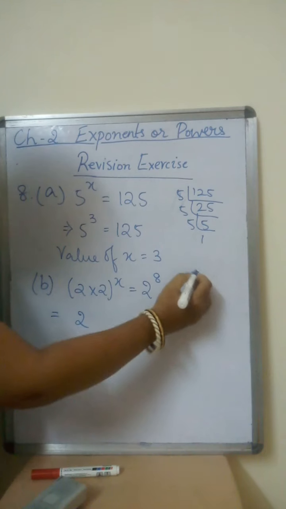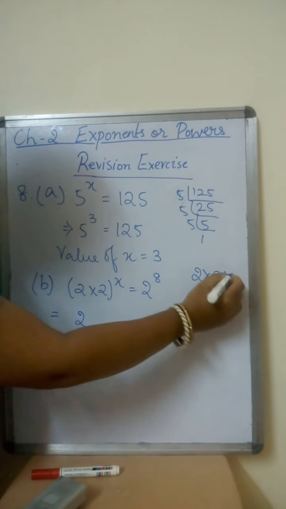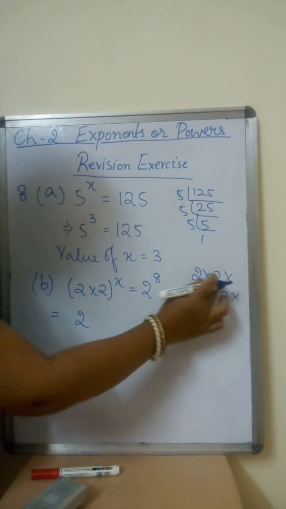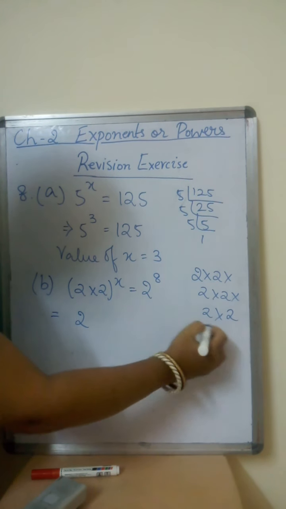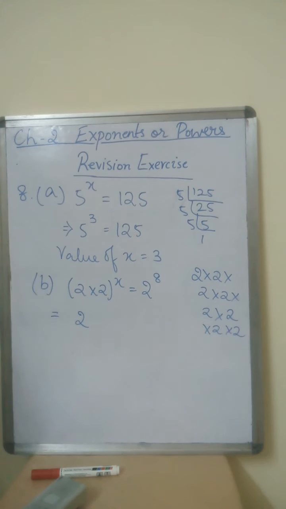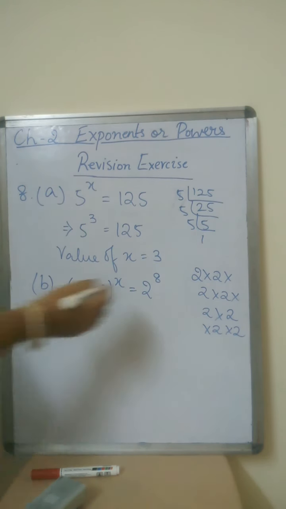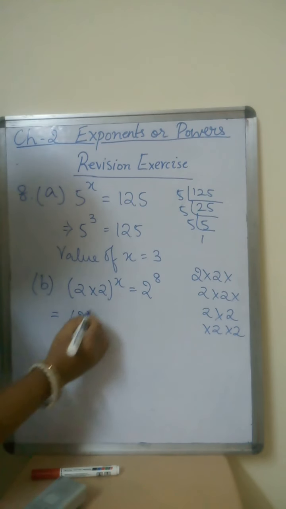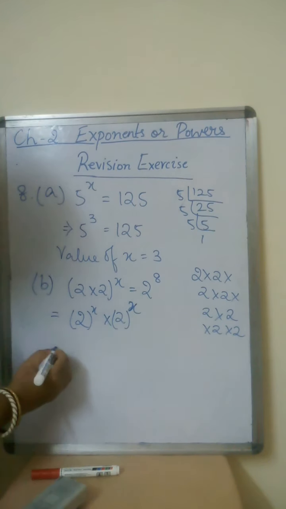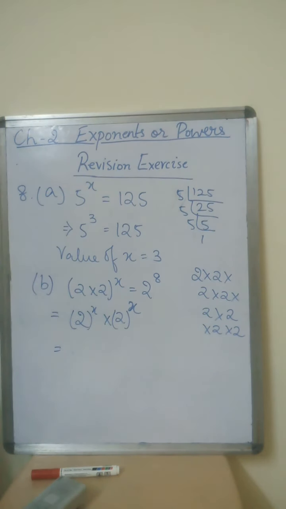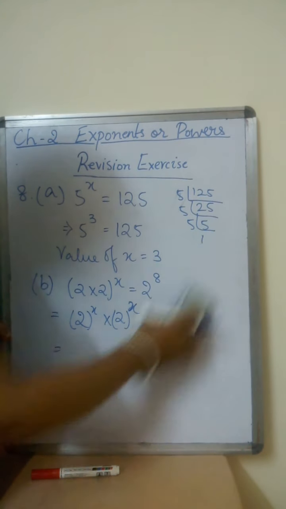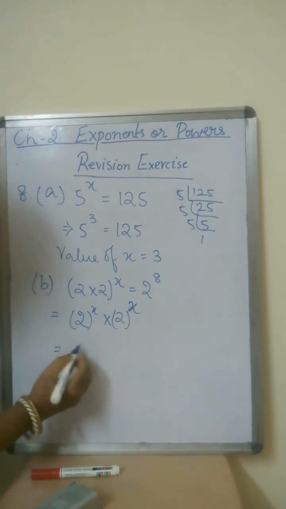Right? Here if I do it, 2 to the power 8 means 2 into 2 into 2 into 2 into 2 into 2 into 2 into 2, 1, 2, 3, 4, 5, 6, 7, 8. Okay. This way we have to do. Now this means what? 2 to the power x into 2 to the power x. Okay. So something should be there which will give me 8. Right, so if I do this, I have to do lots of calculation here. So instead of that, I know 8.